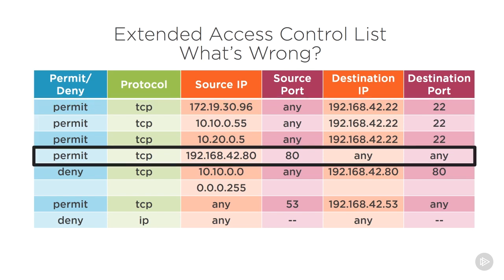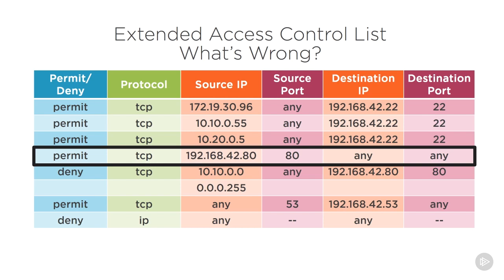Let's take a look at our next line here. This line says that we want to allow any device to communicate with our web server on port 80. Well, here this is completely incorrect again. If we're applying it to FastEthernet 0/1 in the outbound direction towards our servers on router B, what we should think about is that we'll never have a source IP address of